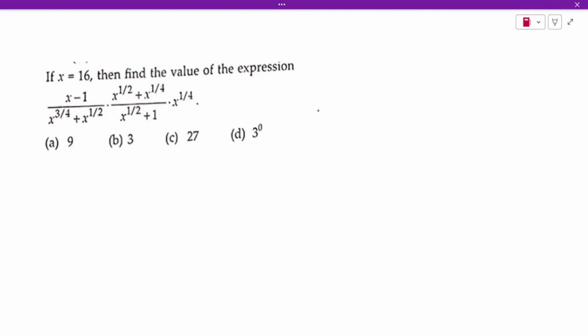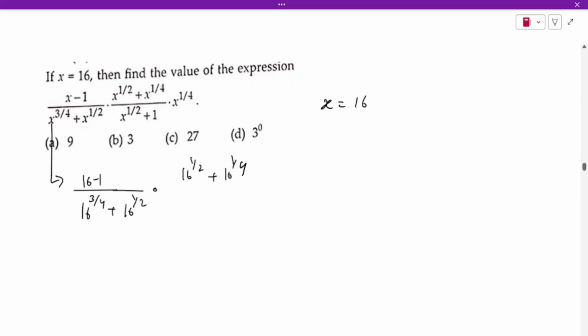And then further it is multiplied by x to the power 1 by 4. As x is given as 16, now in the power of x we just have to put the value of x over here. Then we'll find that x minus 1 means 16 minus 1, divided by x raised to the power of 3 by 4, which means 16 to the power of 3 by 4, plus 16 to the power of 1 by 2, and then the same way we have 16 to the power 1 by 2 plus 16 to the power 1 by 4